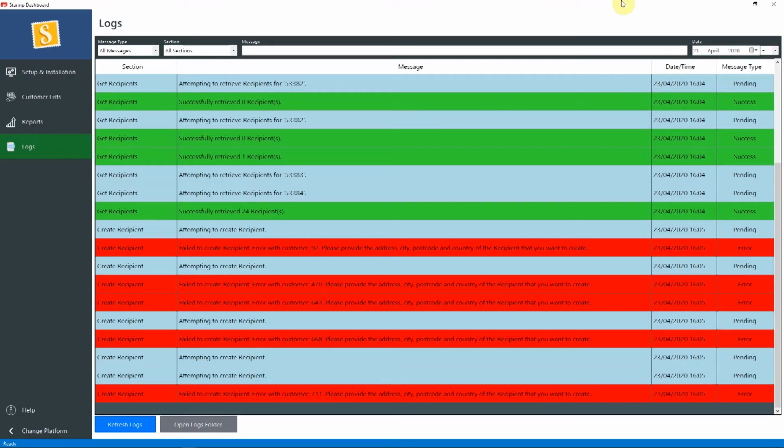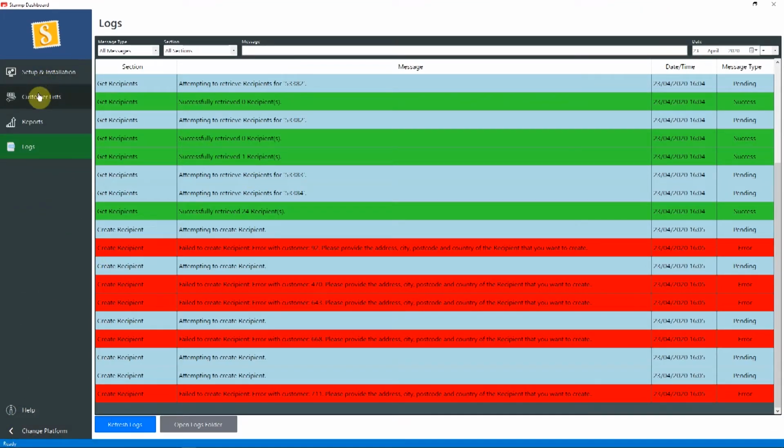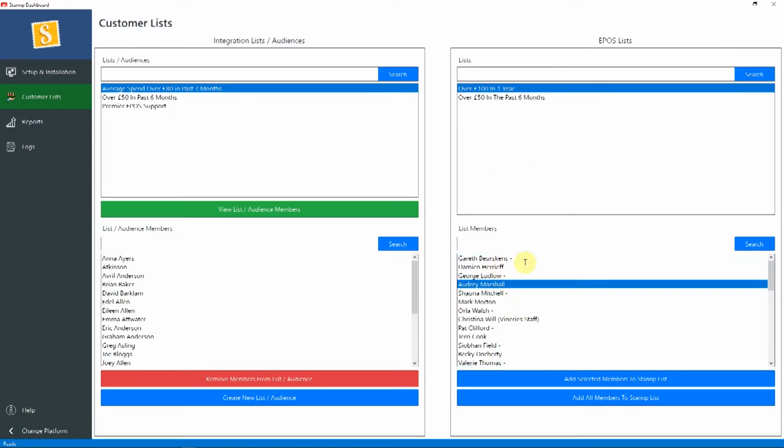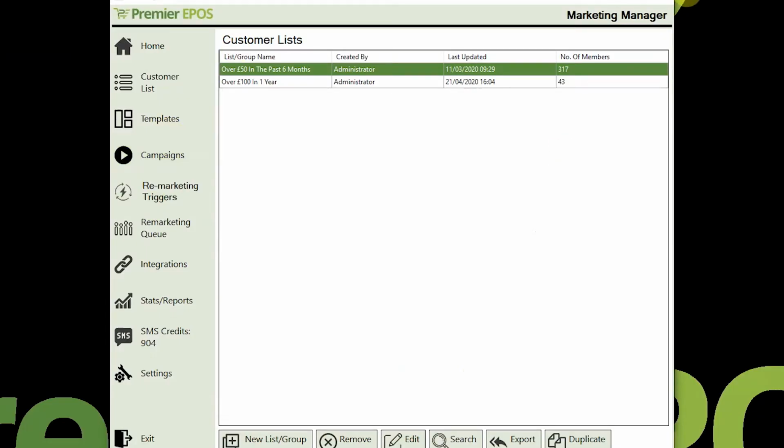So what I can do then is go back over to my customer list, and then from these customers here, I can change these to have all the appropriate information. So I'm going to pick, for example, this one here. I think that's like normal customer 2 or something like that. So what I'll do is I shall exit from there,